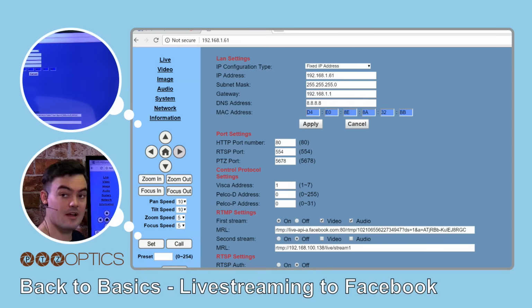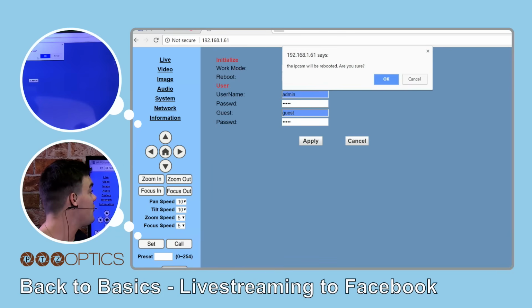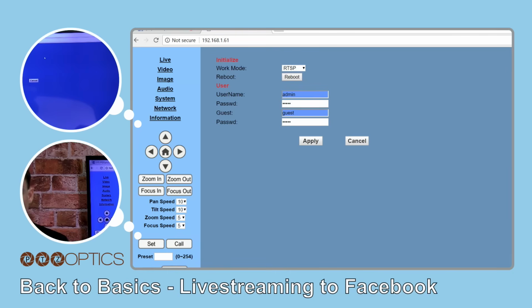And just to make sure I have the right camera, I'm going to move it a little. Yep, that's it. And now that I've done it, I'm going to go into System, and I'm going to hit Reboot. Because once you reboot the camera, it does a little dance. It kind of reboots up and down a little bit. And then once it's completely rebooted, the startup dance, if you will, once we've got that done, then we can